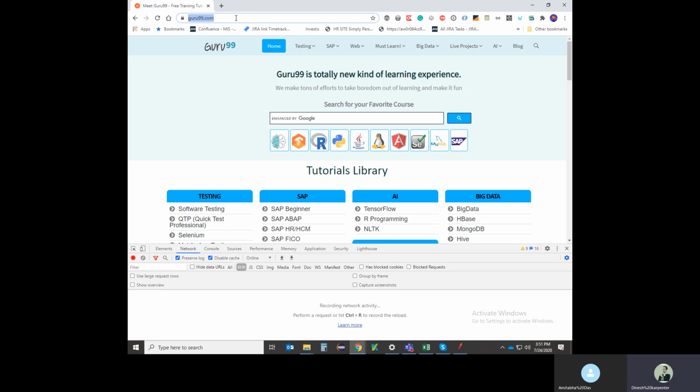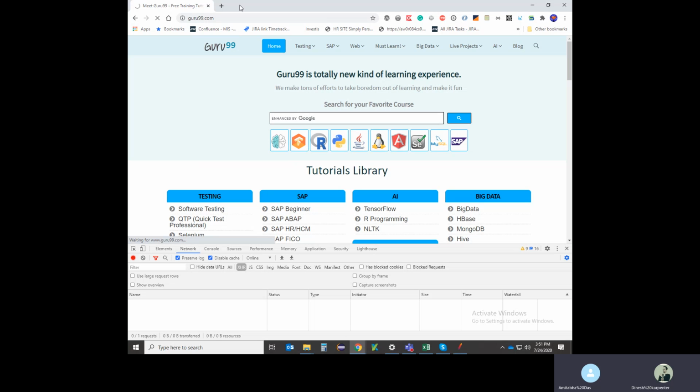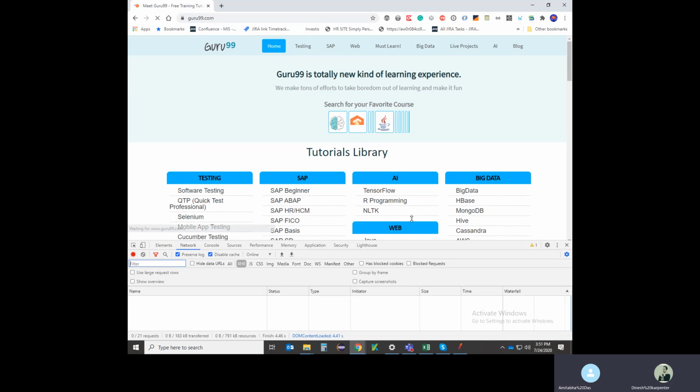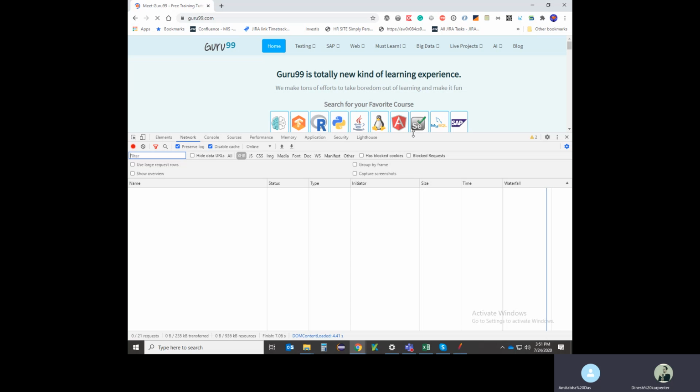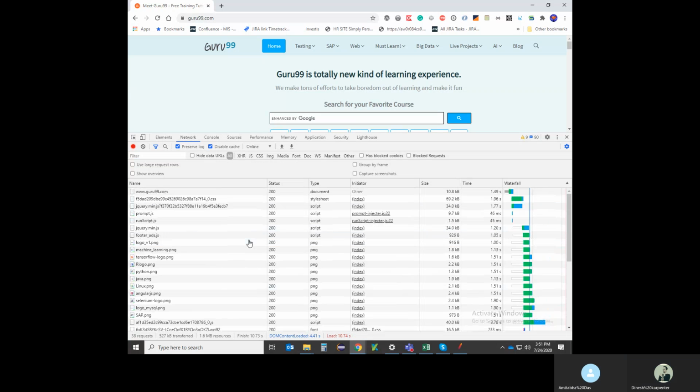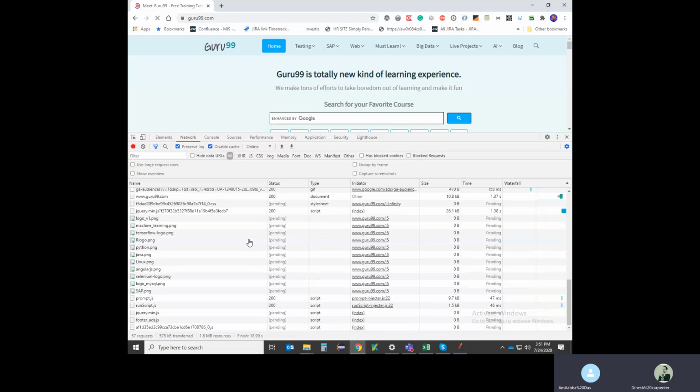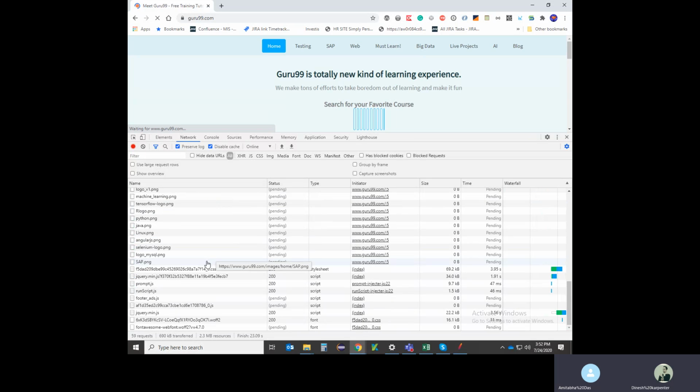You see, when I load this guru99.com, what happens? You see in the console that there are 57 or 59 requests.